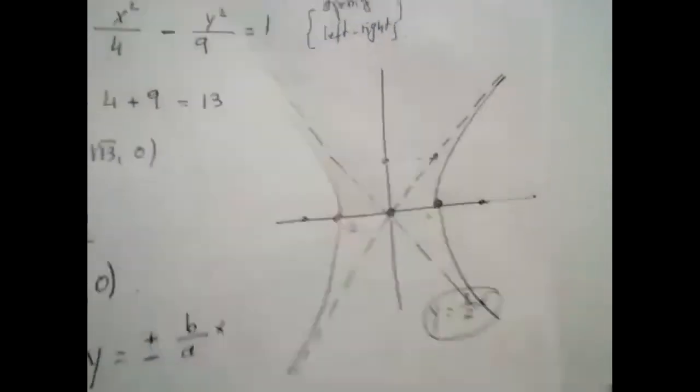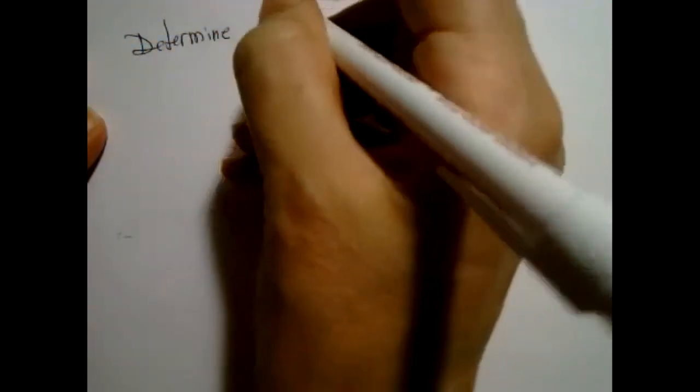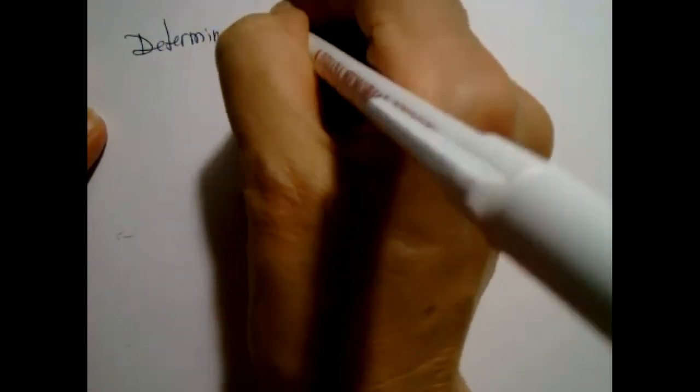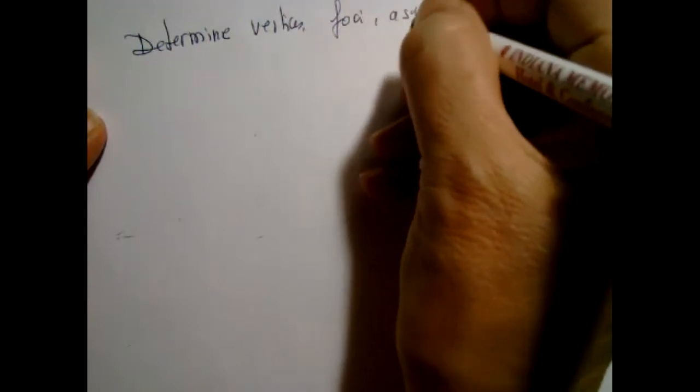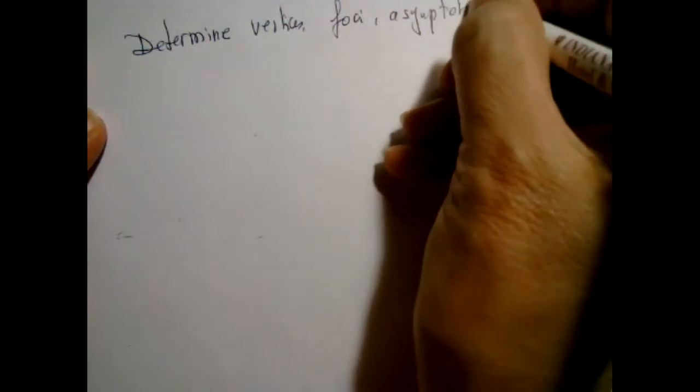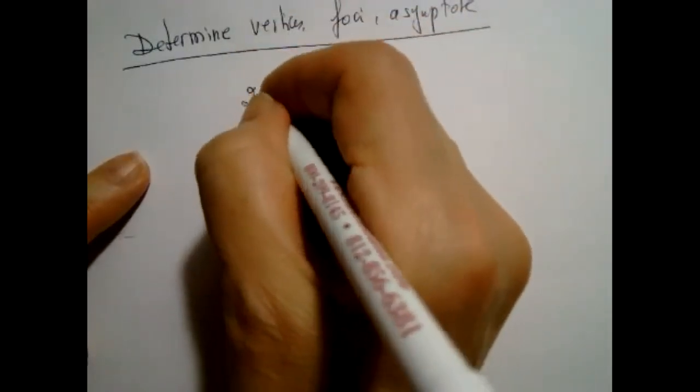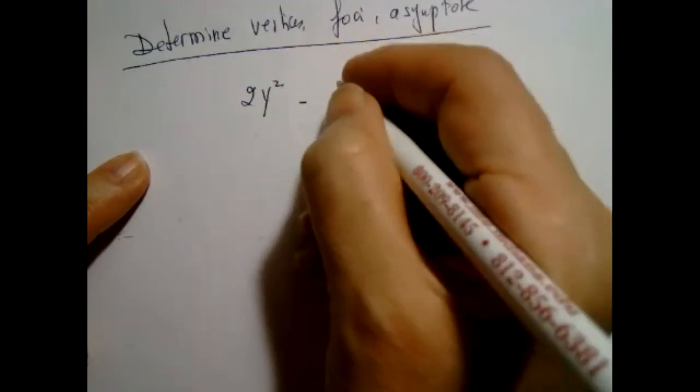Example number 2. Please, if I'm going fast or I'm moving, please let me know. Again, determine vertices, foci, and asymptote. Okay. All right, so 2y squared minus x squared